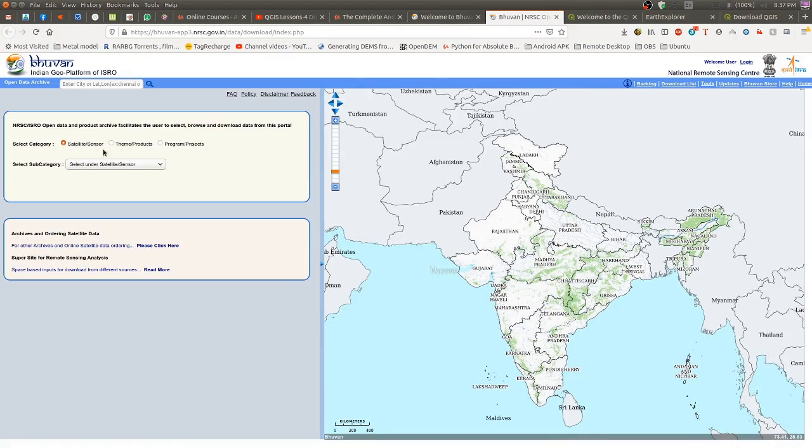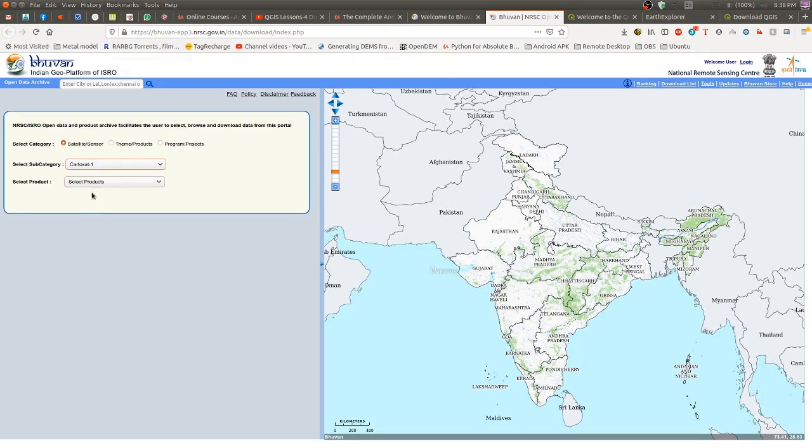Here we select satellite sensor. We are going to use Cartosat DEM. So from the satellite sensor, you click on this and select Cartosat 1. This is the satellite product which we are going to use, and the product is Cartosat DEM version 3. This is what we are going to download now.